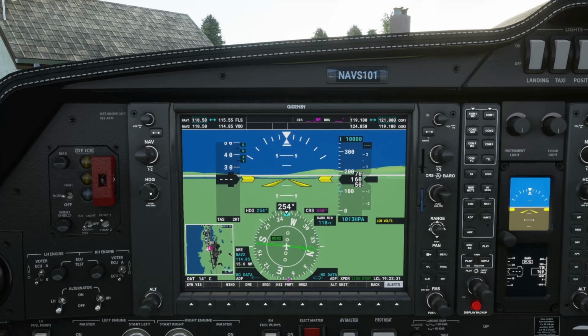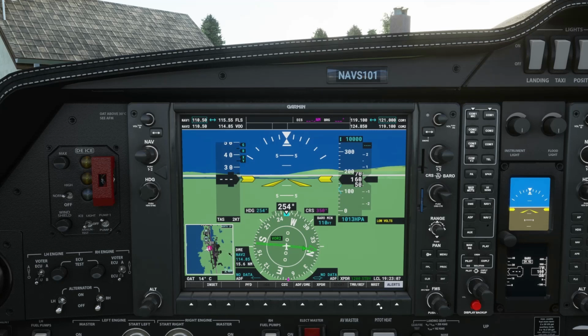You click on top, and there you can see it centers on our current heading. That's pretty useful as well. You have your true airspeed there, and also you have a course window here as well. The other thing I need to show you is this down here. So we come into these set of buttons now.